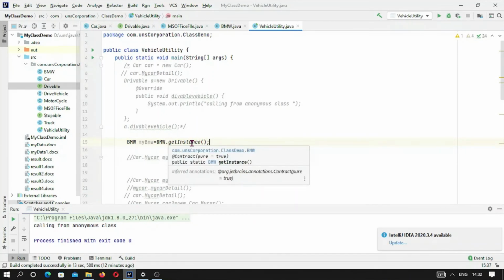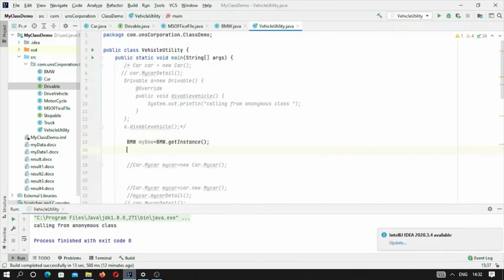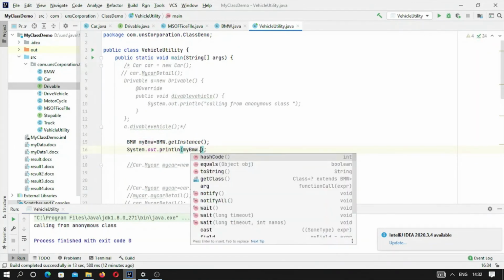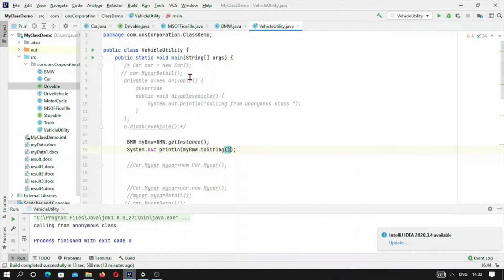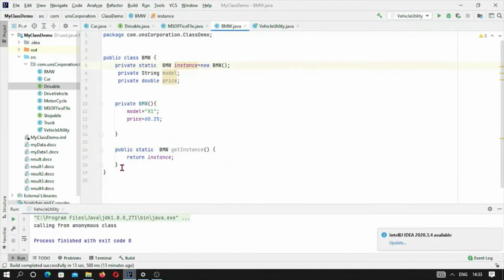The instance field is initialized with the new BMW, which calls the private constructor, and that has been initialized. So let me try to create a toString method in this one.